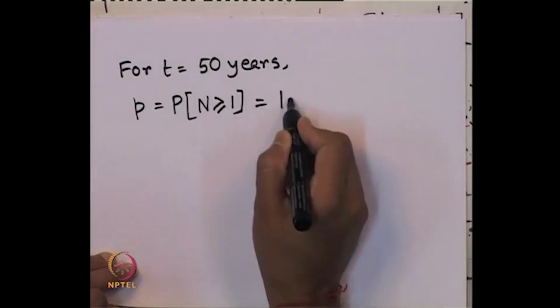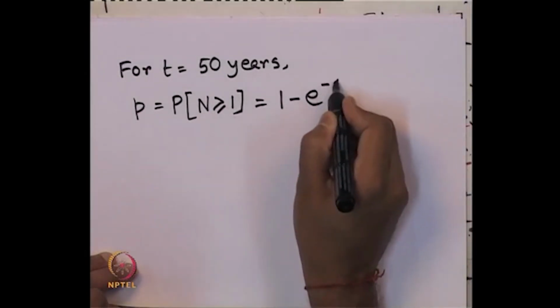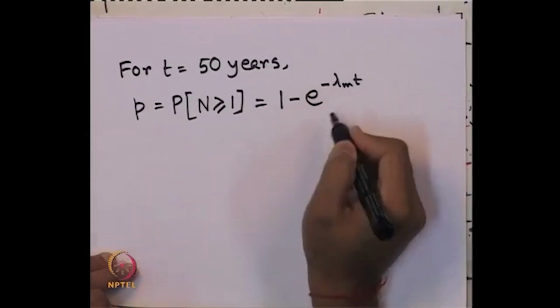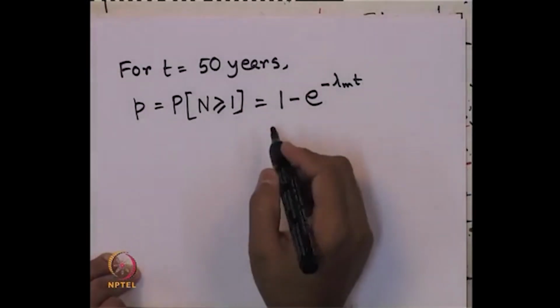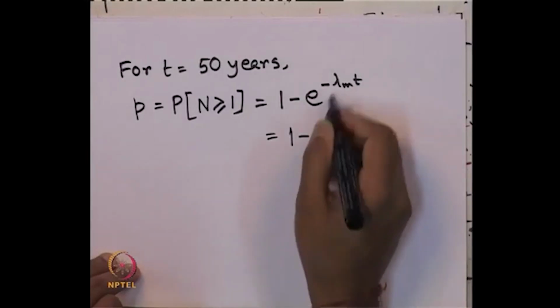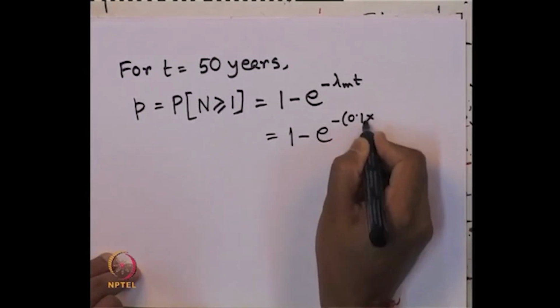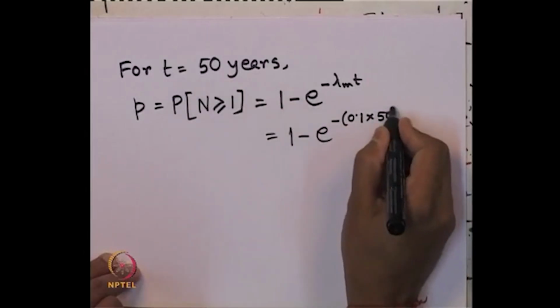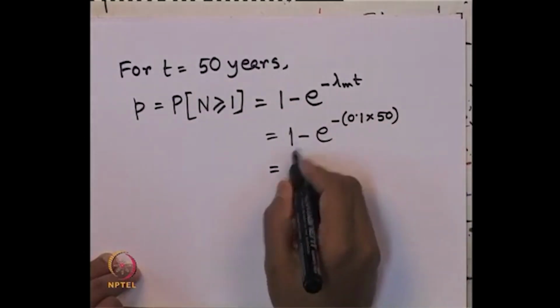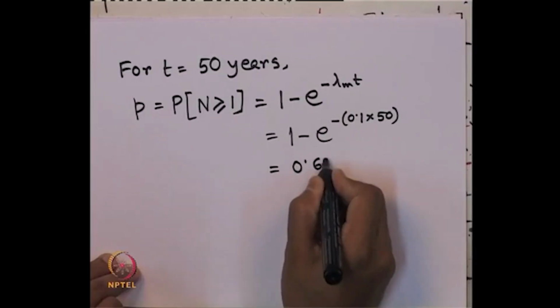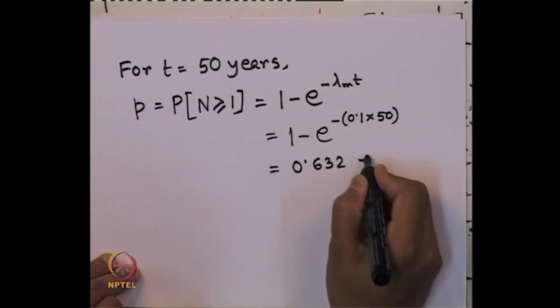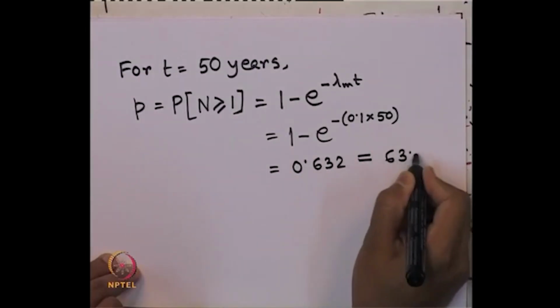The equation using Poisson's distribution is given by this, we all know. Here lambda m is already given to us as 0.1 and t is 50 years. So, how much is it coming? 0.632, which is nothing but 63.2%,